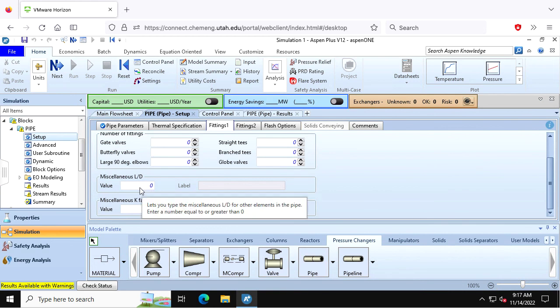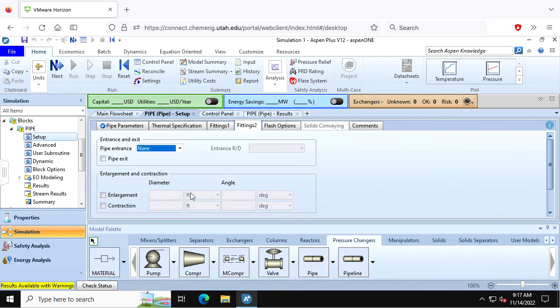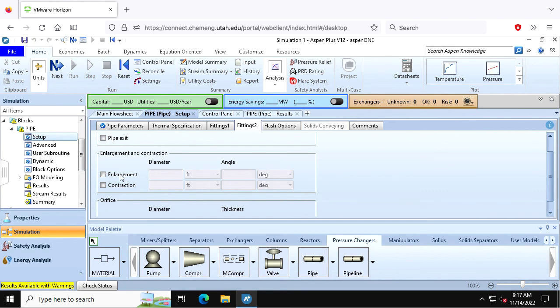You can throw in this miscellaneous one. And then there's the second one of different types of fittings. You've got enlargements and contractions. I know that one of the homework problems on that assignment had an expanding cone going into a tank, and you can add that kind of stuff. I'm not going to bother going through that now. It's super simple. You would just add that to the pipe, rerun the simulation, and it would come up with the right answer. Okay, 2 other things that I want to cover in the 8 minutes that are left,